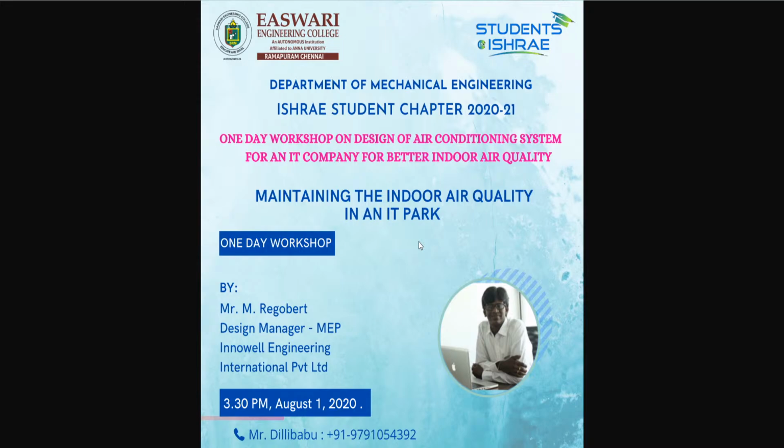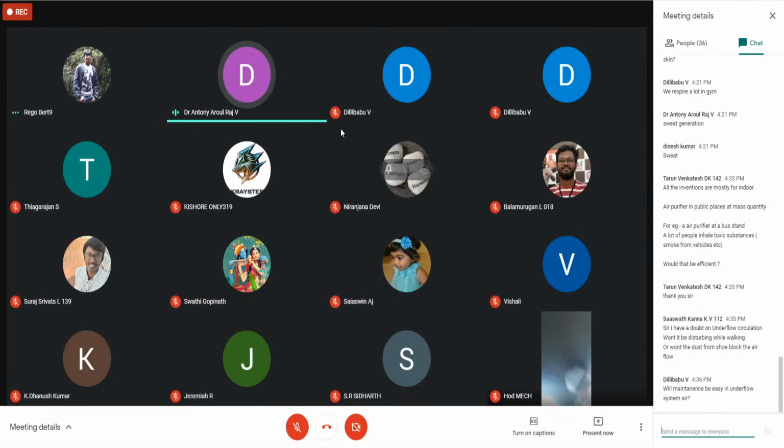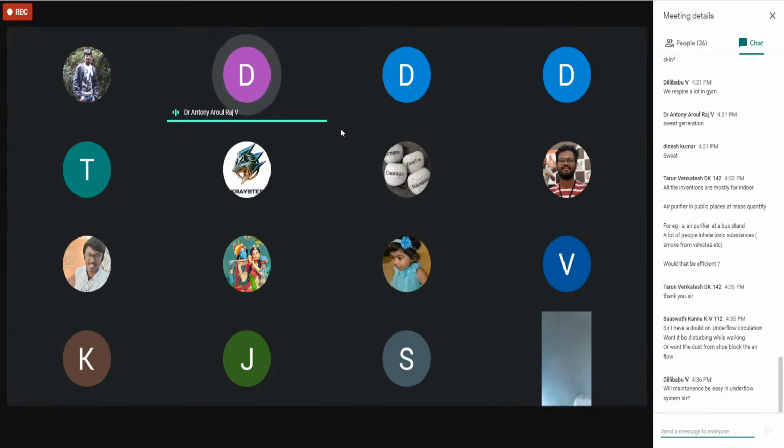Sir, again, what is the temperature of the coil in the treated fresh air unit? The set point will be 22 degrees, sir. 22 degrees. No, in a treated fresh air unit, what will be the coil temperature? The coil temperature will be around 18 degrees, sir. 18 degrees. And I have one more question to ask. Yes, sir. If you are maintaining a very high ADP in the cooling coil, condensation will not happen and humidity will not be removed. In the room, we will have higher humidity. That means on the bacteria and mold side, we will have a problem. Am I correct or not?